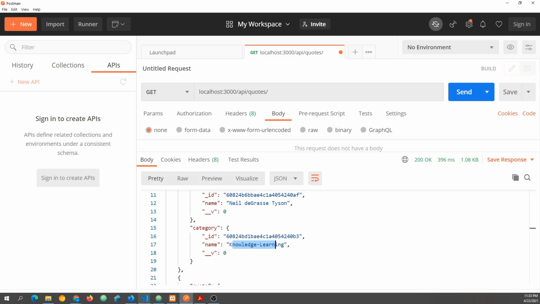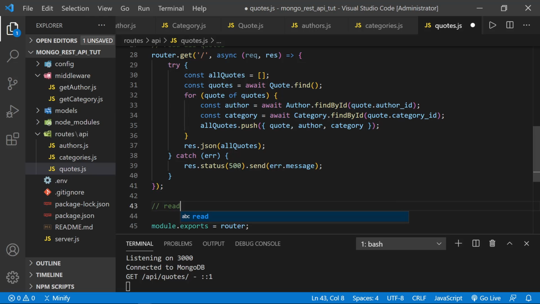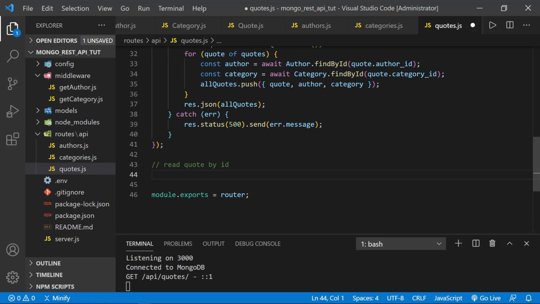Okay, let's go back and create another route. Let's read a quote by ID. Say we want a specific quote from our data. So we'll say read quote by ID. And this will be just a little different than the above. So we'll start with router.get. Once again, it goes to the default route, but we'll also look for an ID afterwards, a parameter in the URL here. And then we'll put async request response